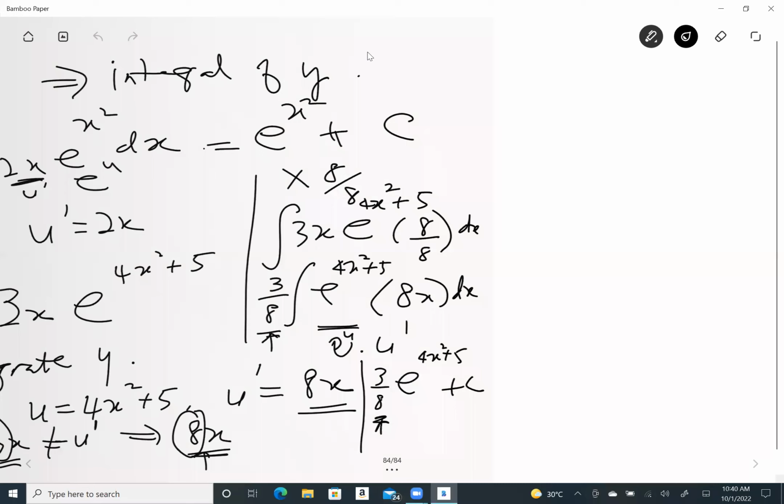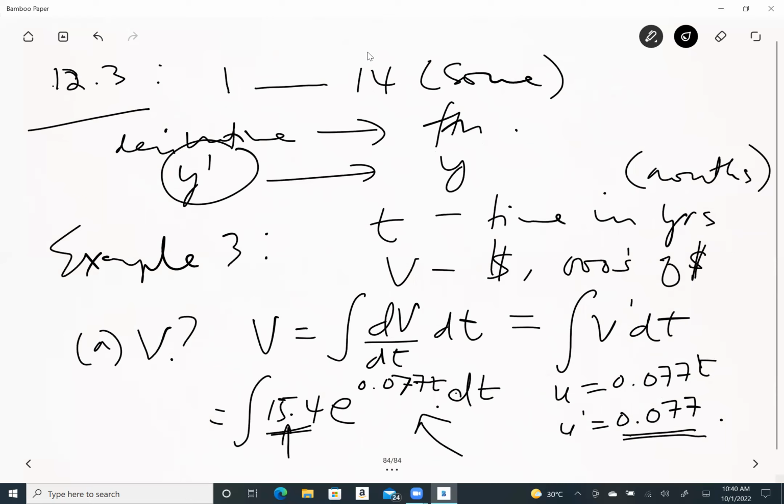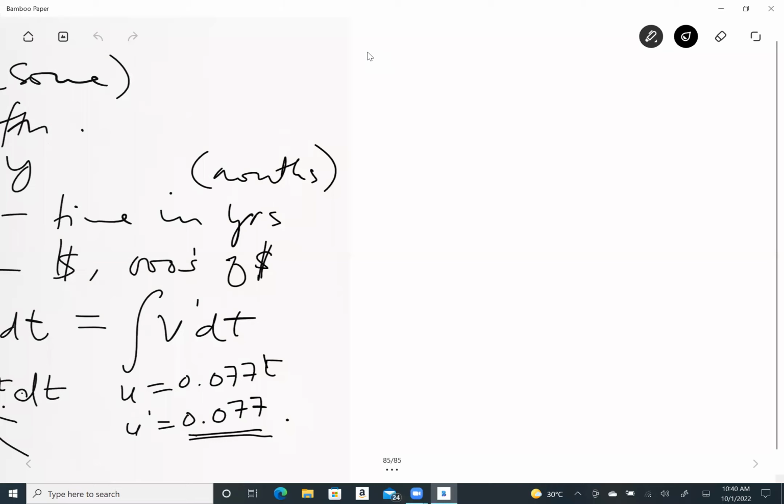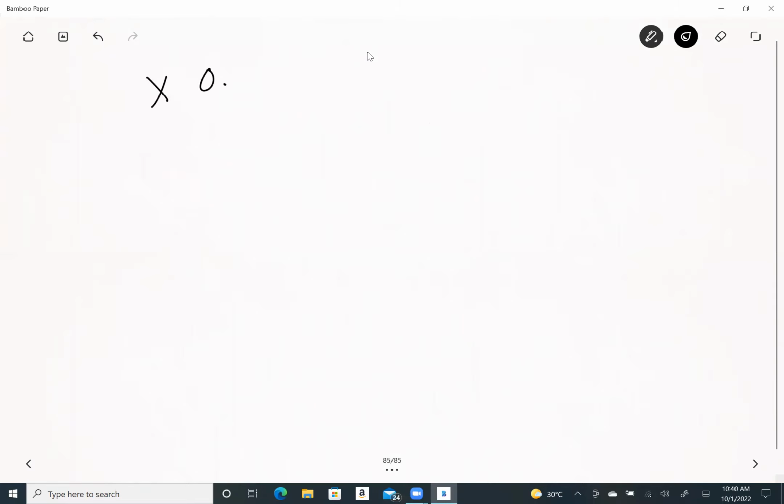In this case, don't worry about that 15.4. 15.4 is just a constant. What you need is 0.077. So you multiply by 0.077, and after that, you adjust. So you multiply by 0.077 over 0.077, because that is u prime, which is equal to 0.077. So therefore, what I have is